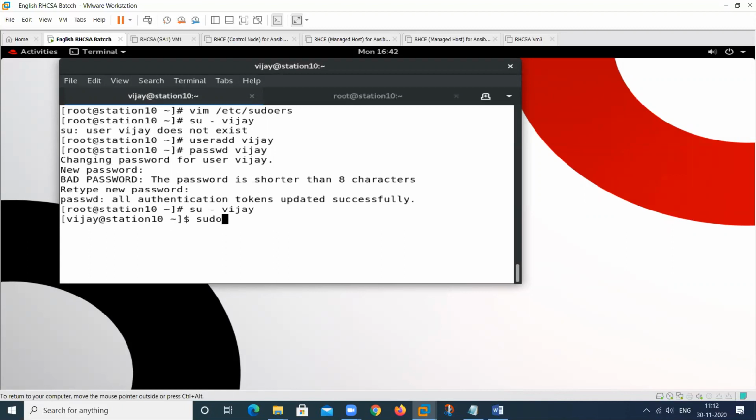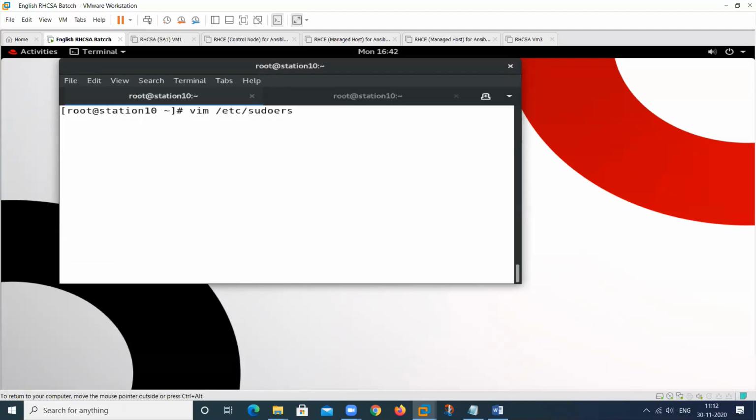So sudo useradd, and we want to create uu1. This will not ask for the sudo password because we have given the entry NOPASSWD. So when you perform any command, at any time, it will not ask for the sudo password. So that is the option for sudo.